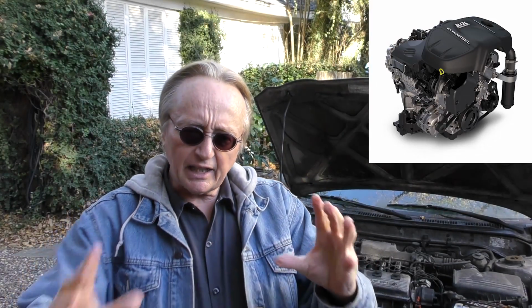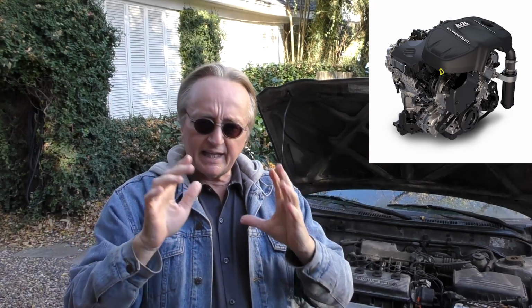I'm not a Chrysler fan by any stretch of the imagination, but those early pickups that had the straight 6-cylinder diesel engine, I had customers drive those things 300,000, 400,000, 500,000 miles, and the engines and trannies were still going strong. They started making it bigger and bigger. Now they've got a 6.7 liter diesel. You can still get them in the 3500s and stuff, but the EcoDiesel and the new ones, that's a completely